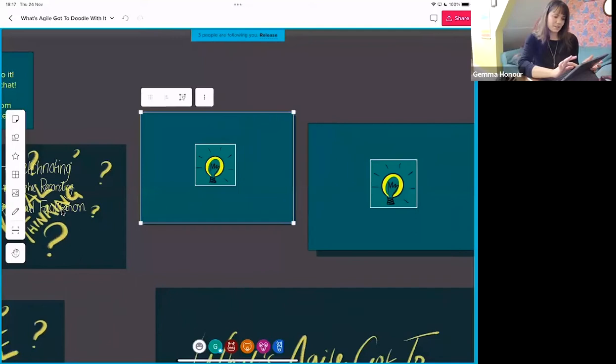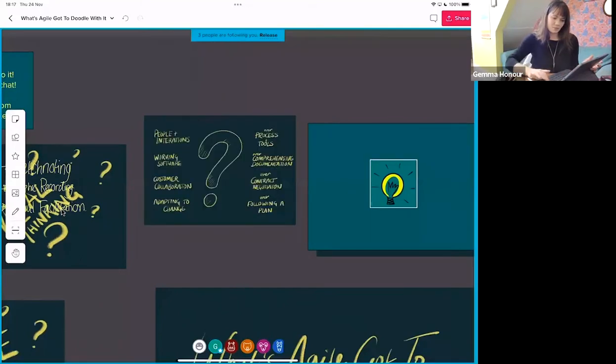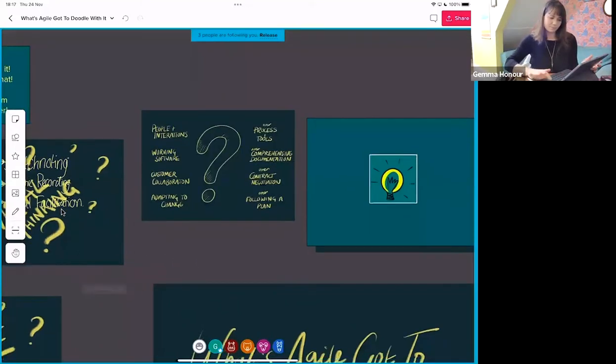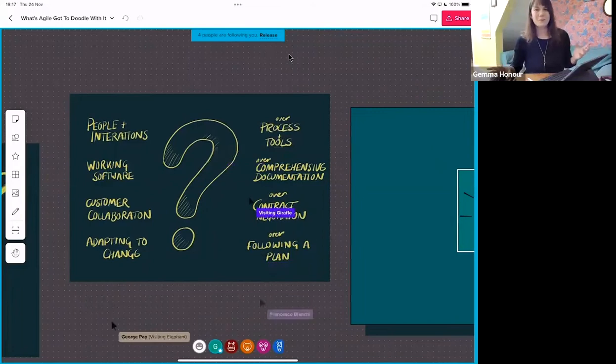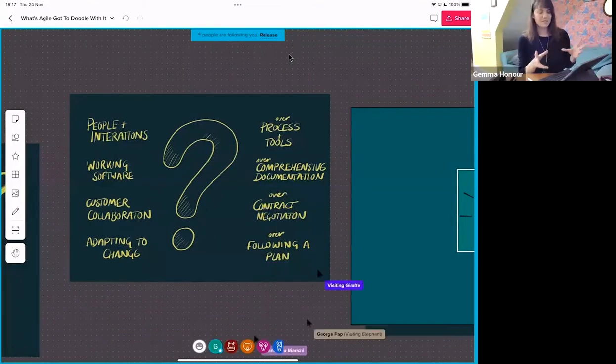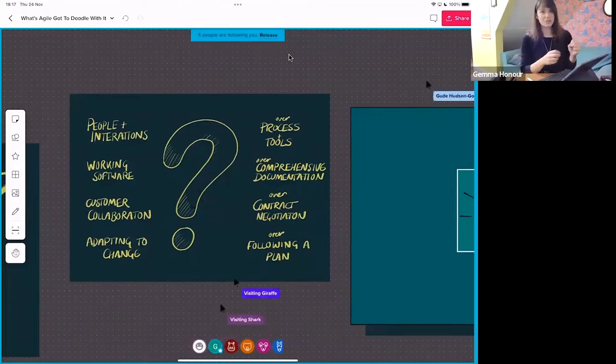Right, so the question still is, what has Agile got to do with it? We start off by looking at what Agile is. If we start with the Agile manifesto, we're agreeing it's people and interaction over process and tools, working software over comprehensive documentation, customer collaboration over contract and negotiation, and adapting to change over following